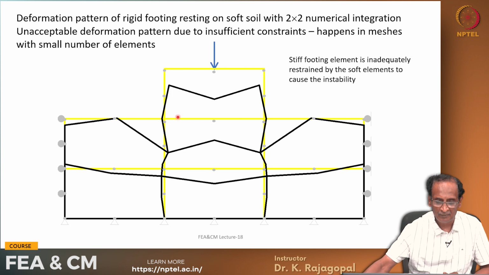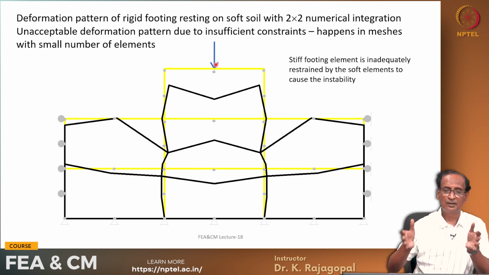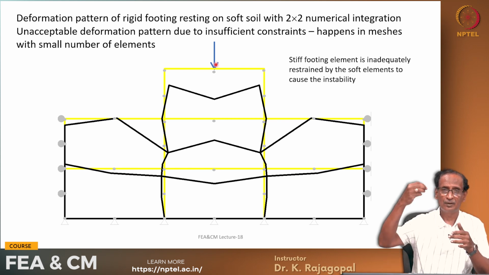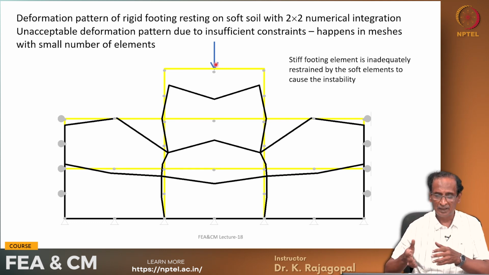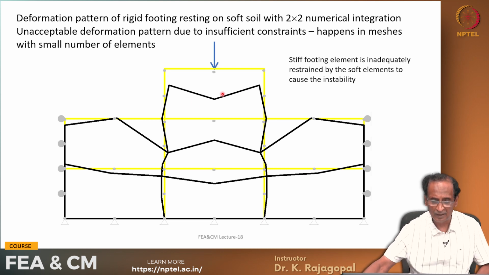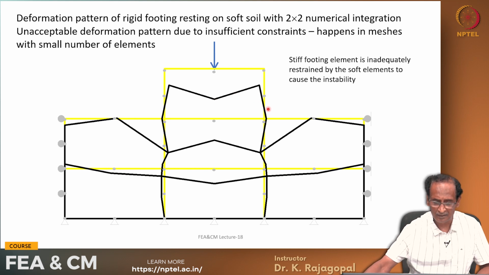So here this yellow mesh is showing the rigid footing resting on a soft clay, and it is subjected to some concentrated load, and we know that it's a rigid footing resting on a soft clay, and if you subject it to some loading, it should just simply sink into the clay. But the response that we get is very funny. See, this particular one, it's a rigid element with a very high modulus, but it has buckled something like this, it has twisted out of shape,